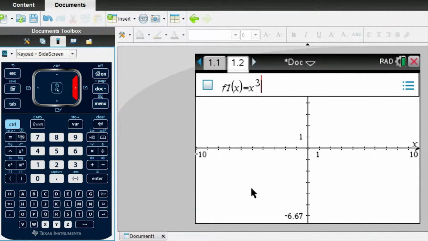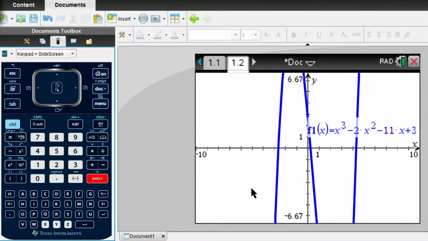The next part of the function was minus 2x squared. Now with the squared, we have an x squared key. You don't have to use the right arrow. If you do, the calculator will go ahead and assume that you meant to hit enter, and it'll graph the function and not let you finish it out. So don't hit the right arrow key this time. Instead, we're going to finish the rest of the equation. It was a minus 11x plus 3. Once I have the equation entered in correctly, then I press the enter key, and there is the